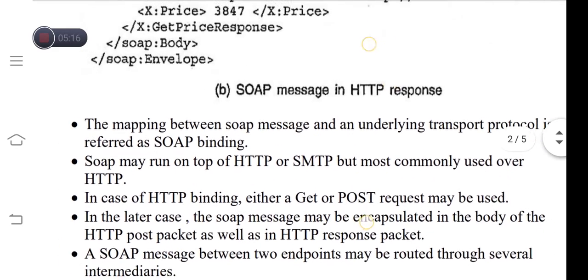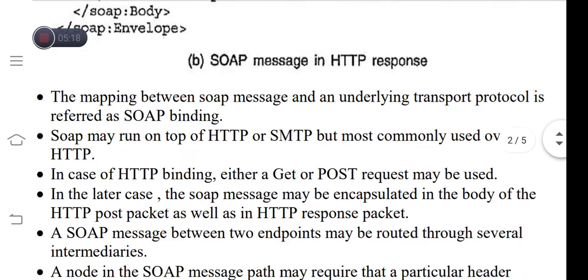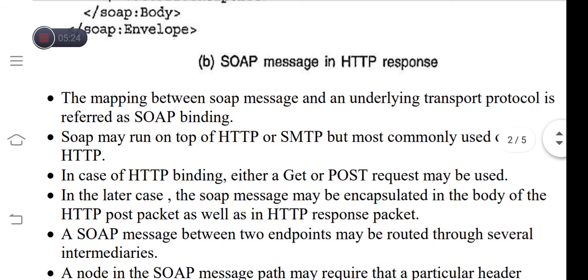The mapping between the SOAP message and an underlying transport protocol is referred to as a SOAP binding. SOAP may run on top of HTTP or SMTP, but the most used one is the HTTP protocol.